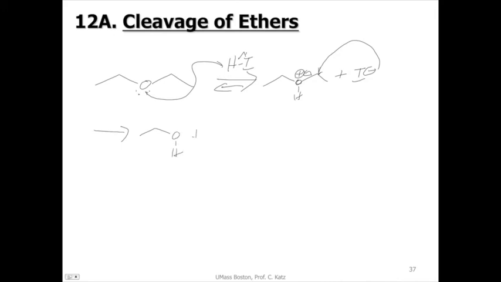This, and we'll put the iodine over there. Okay. But we're not done. We've made one ethyl iodide, but we still have this alcohol lying around. And the way this reaction goes is that you have to have all the equivalents of ethyl iodide. So let's just attack it with one more mole of